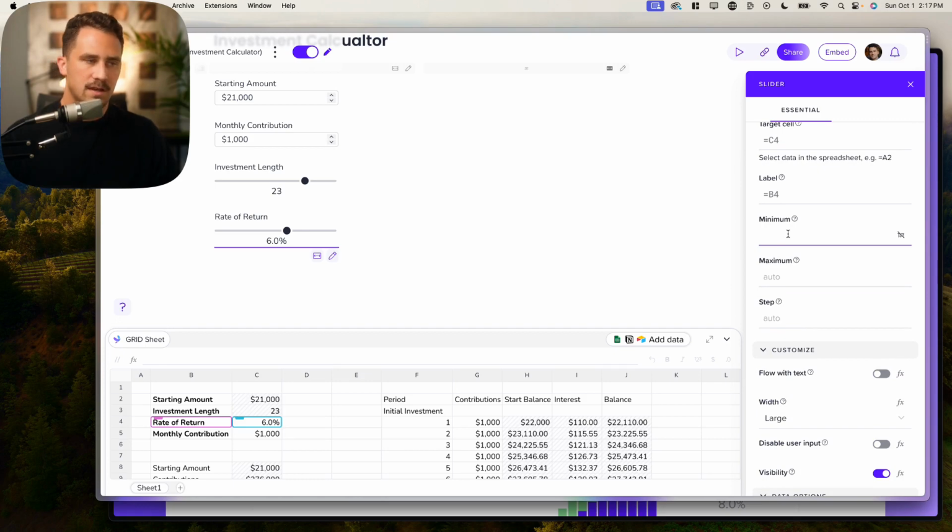So rate of return, I don't want it to be 0. I'm maybe going to say 1. Now, I can't just put in the number 1. This is a percentage, all right? So what I need to do is change this to a decimal, 0.01. And maybe I want the max rate of return to, let's say